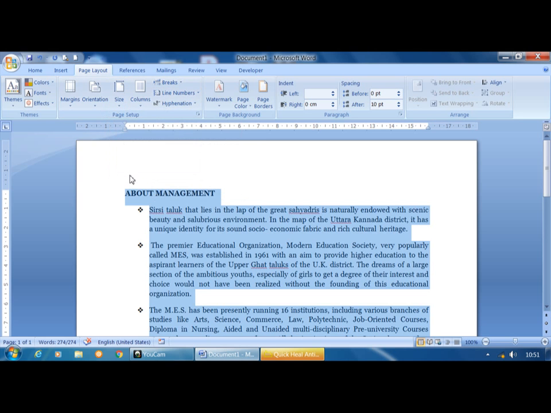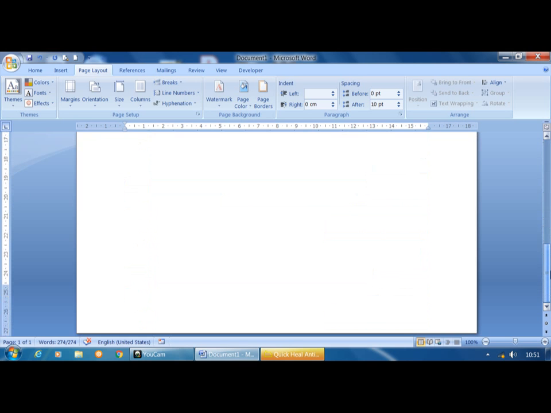What is margin? Page margins are the blank space around the edge of the page. Normally you can insert text and graphics in between the margins. Every document consists of 4 margins. This is the top margin, this is the left margin. And if we go downside, this is the bottom margin and this one is the right margin.